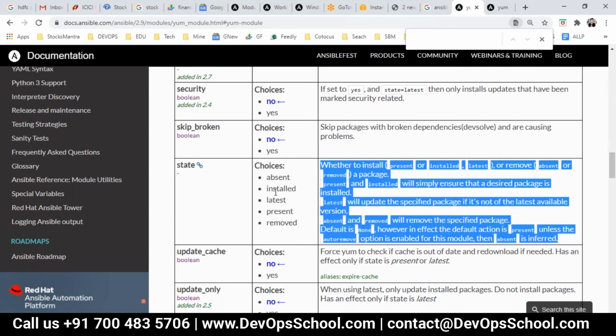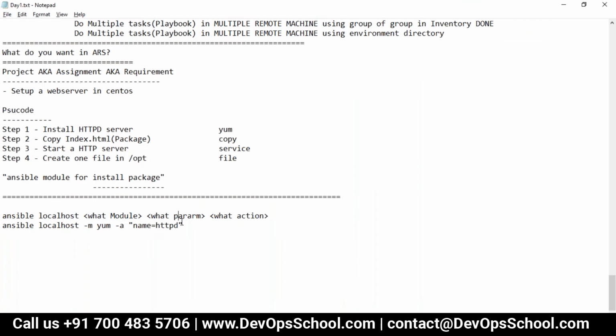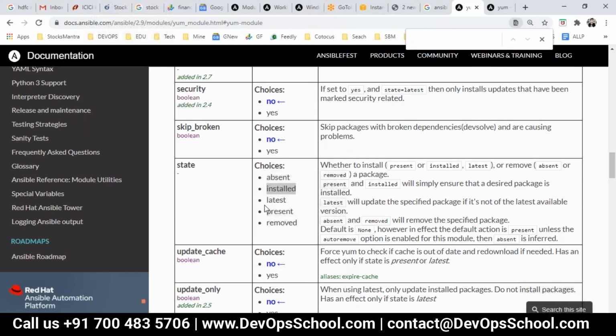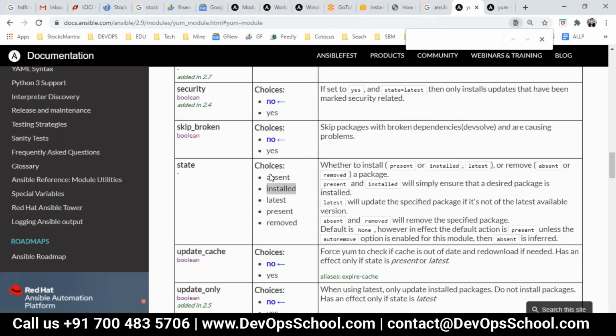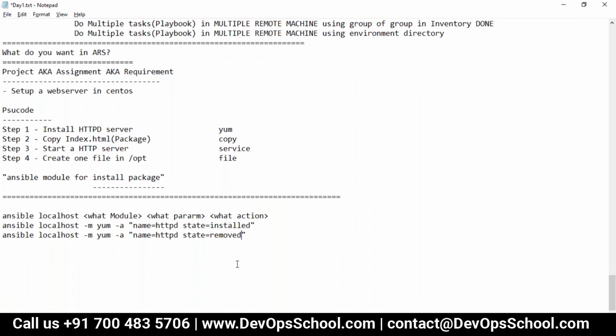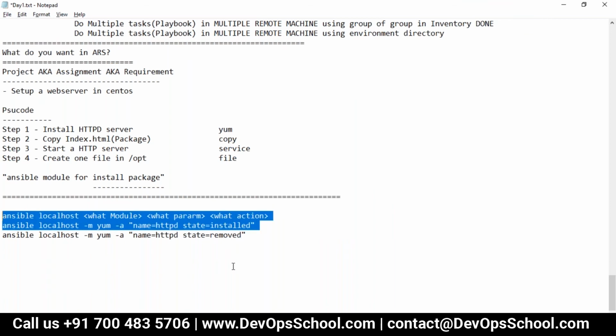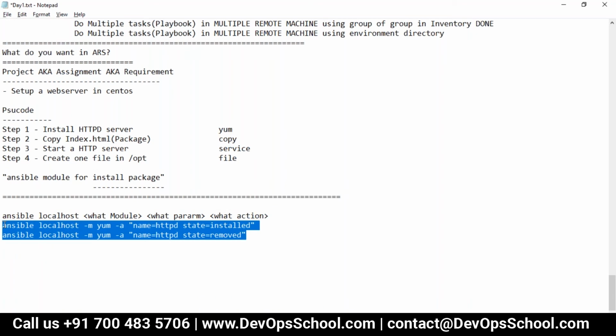But for the time being, I want state equal to installed. Now, do you want to remove it, or removed? Whatever.